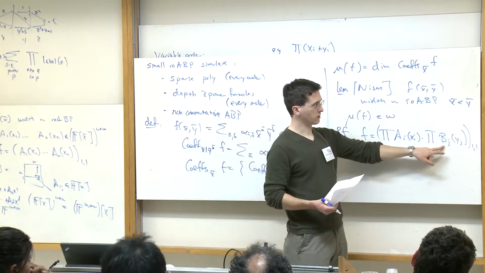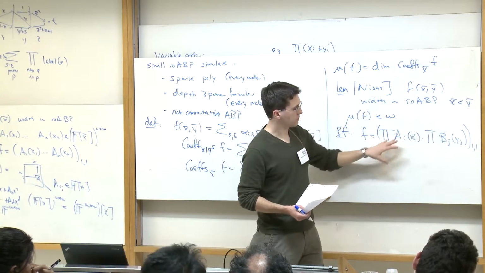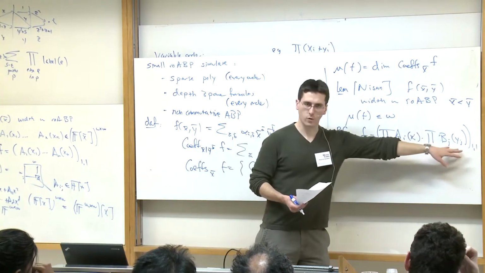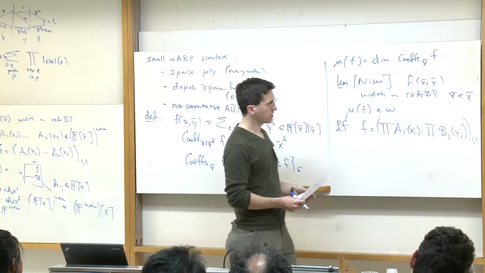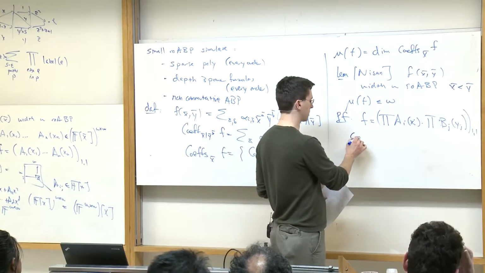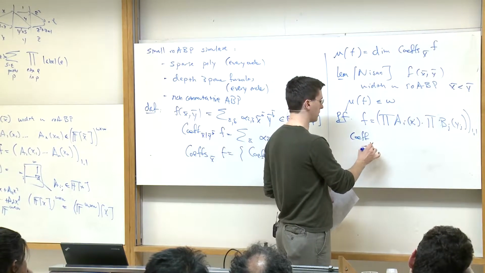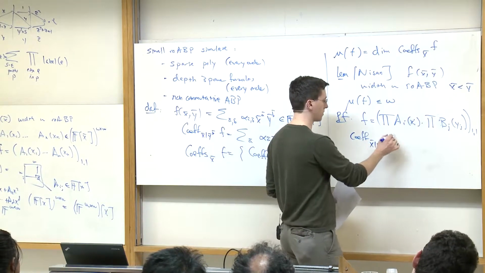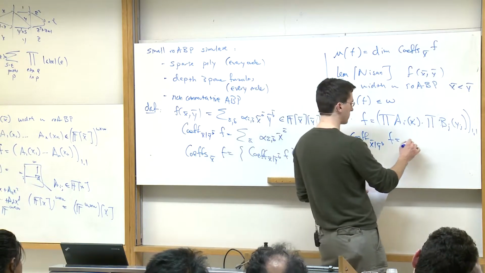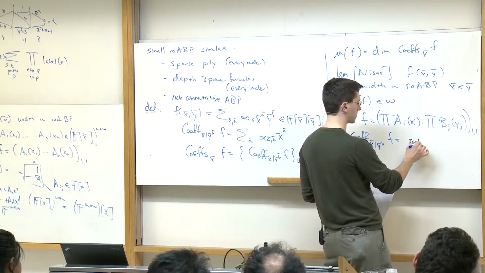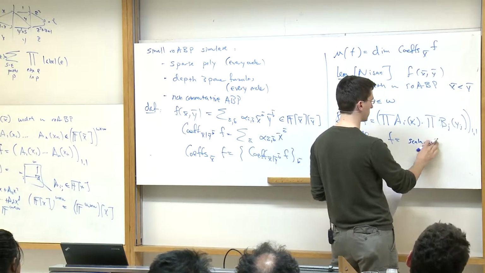Because x comes before y, x comes before y in the product. The basic point is that if you take a coefficient in y to the b with respect to f, this is simply going to be some scalar times